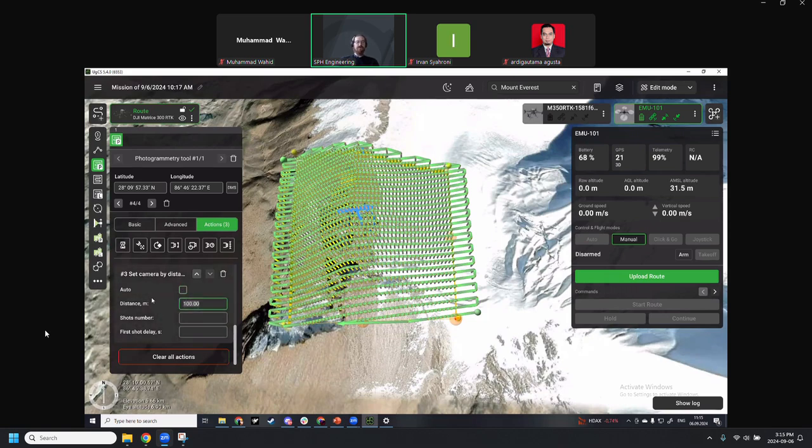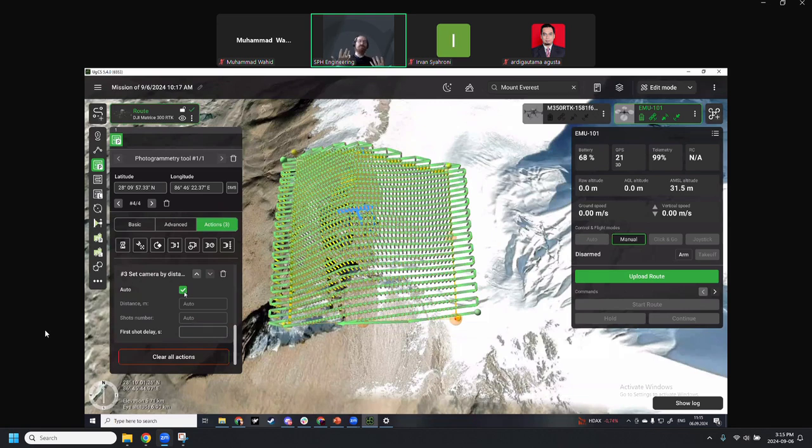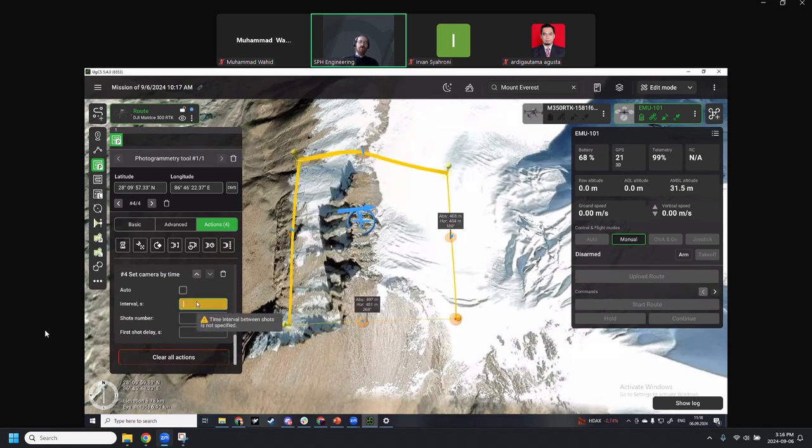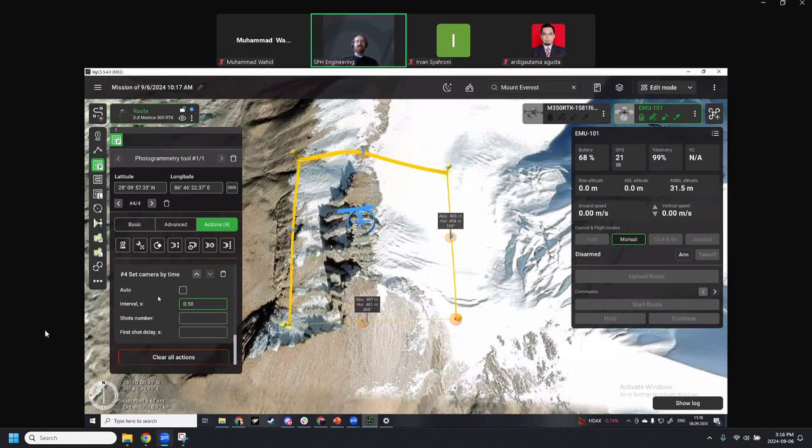Next is the default set camera by distance. So you can set at what distance a new waypoint is created to take a photo, or you can use auto mode, and it will calculate based on the photogrammetry settings where to take a picture. Usually it works just fine. And since there is a set camera by distance, there is also a set camera by time action, which works in the same way. You can leave it as auto or set a specific interval. And of course, if you're setting an unrealistic interval,